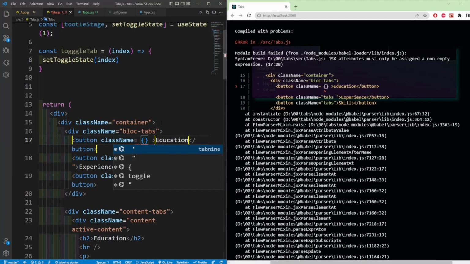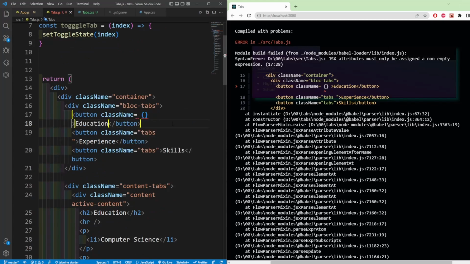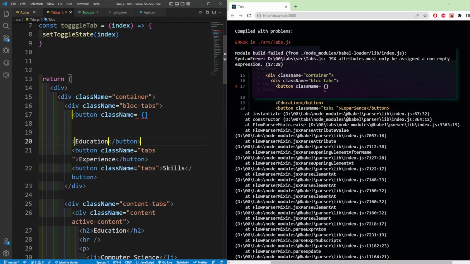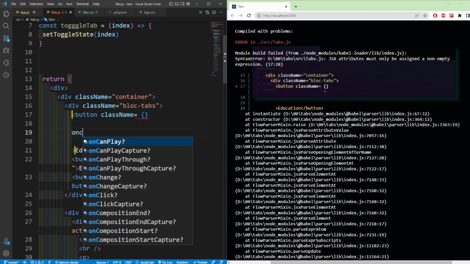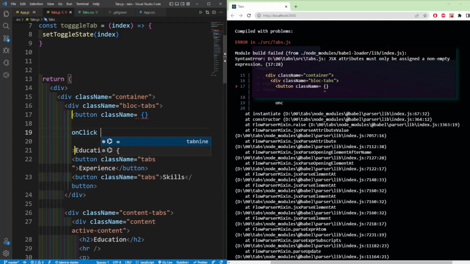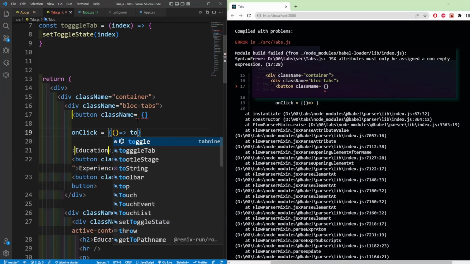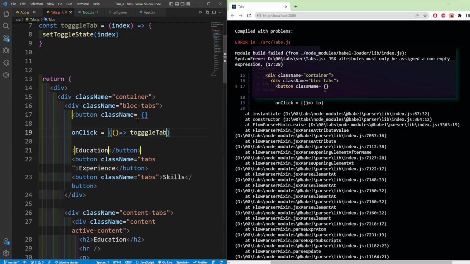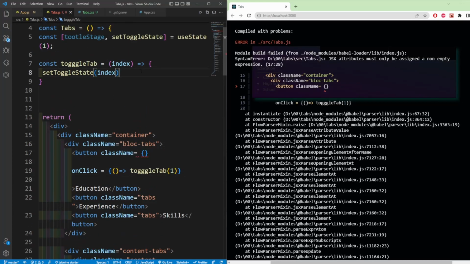But before doing that, let me take the on click function. So it is going to be toggle tab 1, and then